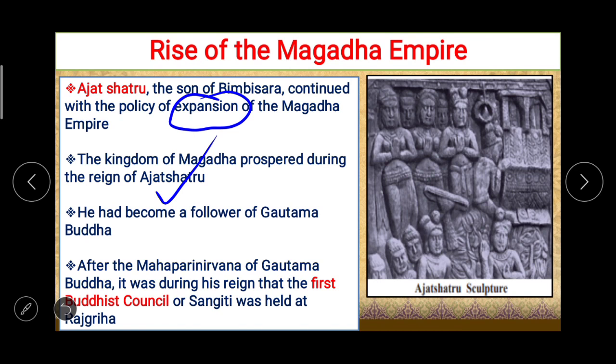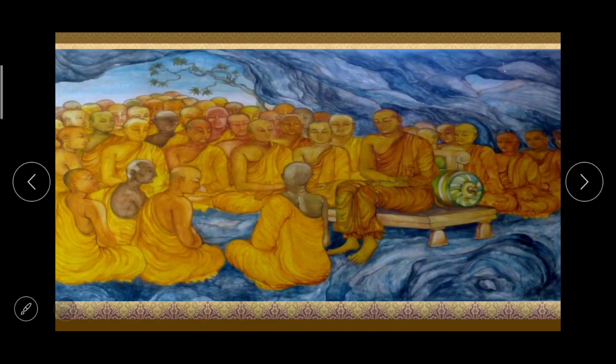After the Mahaparinirvana of Gautam Buddha, it was during his reign that the first Buddhist council or Sangiti was held at Rajgriha. Here in the image you can see Ajatashatru sculpture, and he was also known for the first Buddhist council or Sangiti held at Rajgriha, which is an important event